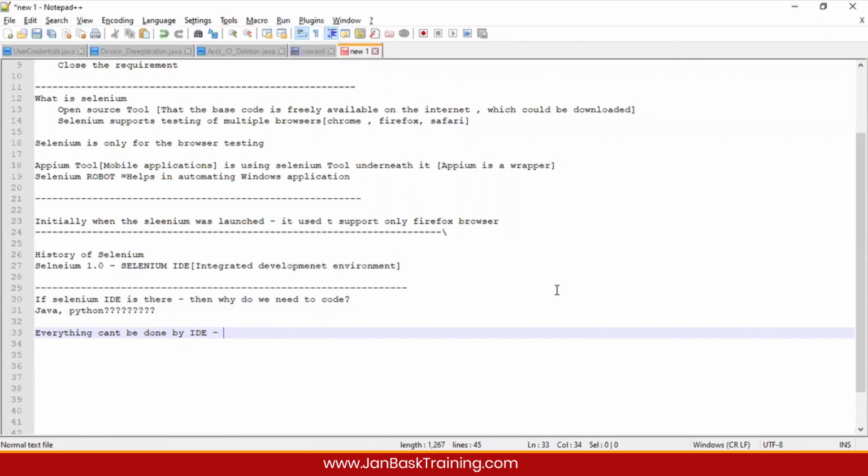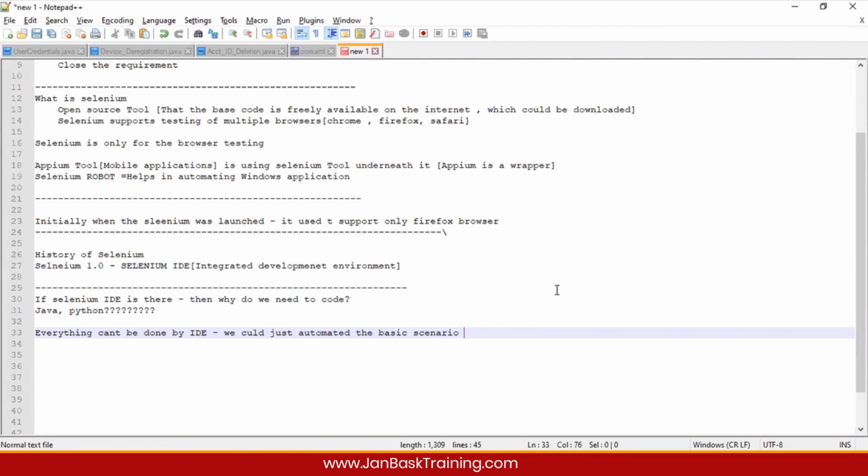We could just automate the basic scenarios. So this was a happy path flow, right? Like open the browser, search something, wait for an element. That's it. But what if we have to handle some exceptions? Exceptions means, let's say my browser didn't load properly. I have to refresh it again. My browser threw an error for me. I need to refresh the browser once again. So there are random scenarios that we have to handle at runtime.